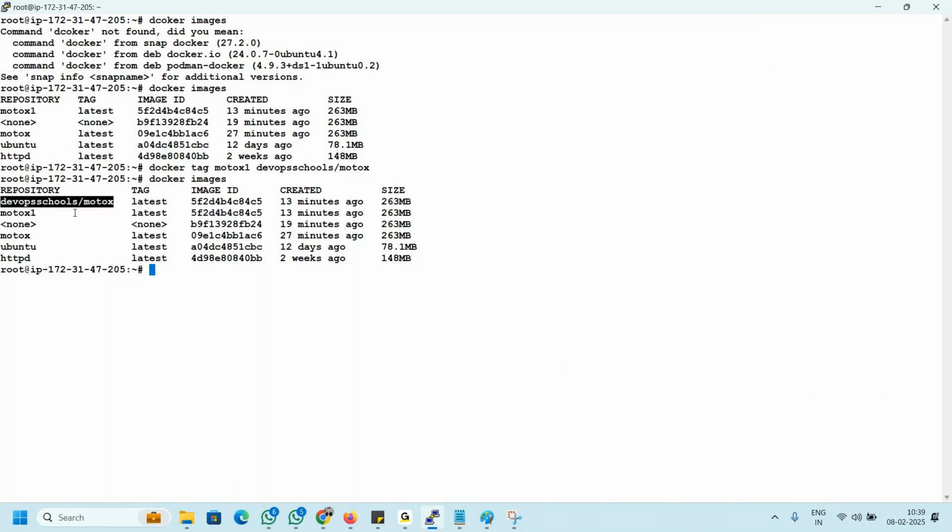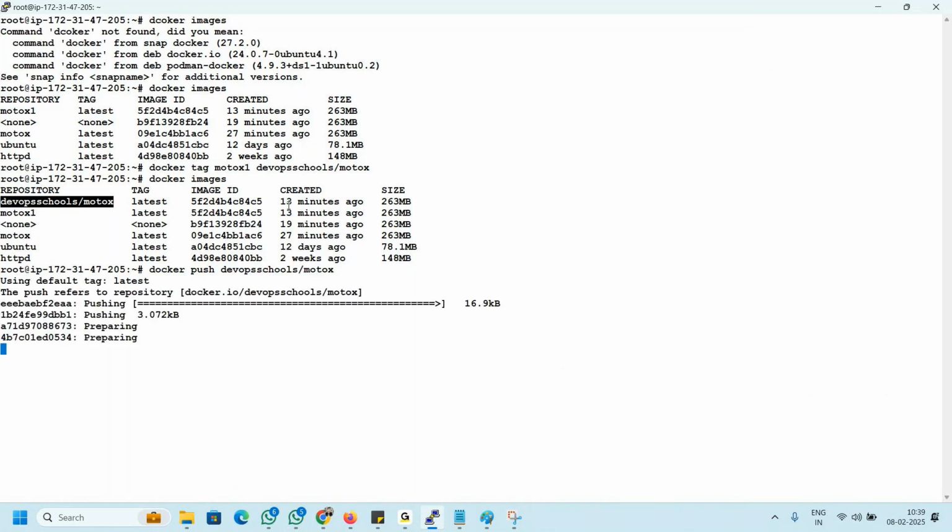Now what I'll do is Docker push. Remember push and pull: push after login. Push this, enter. Done. So now what you did is created an image, created a repo at the hub, matched the name of the repo, and pushed it. That's all after login. And now anyone in the whole world who wants this image